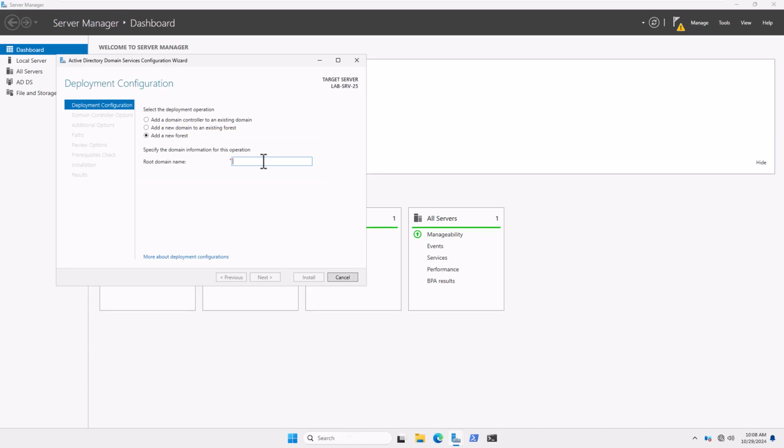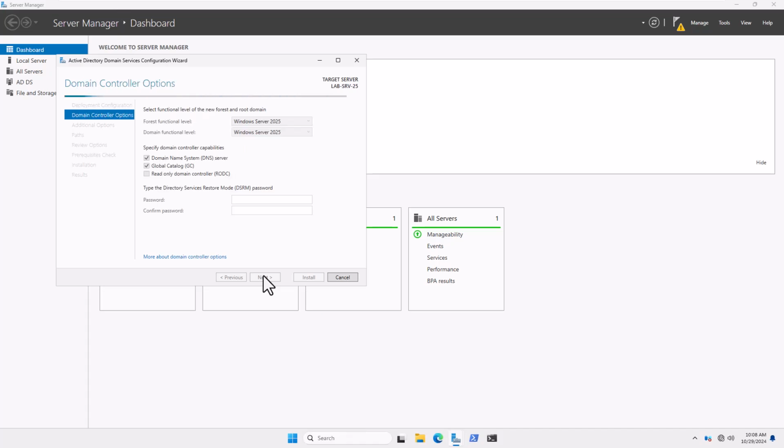This means you're creating the first domain controller for the stech.net domain. The forest will contain all the domain controllers for your network. Type stech.net as the root domain name. This is the fully qualified domain name, FQDN, for your domain, and it will serve as the identifier for your